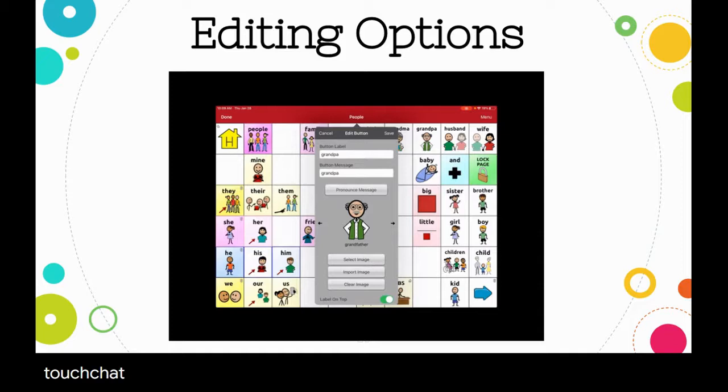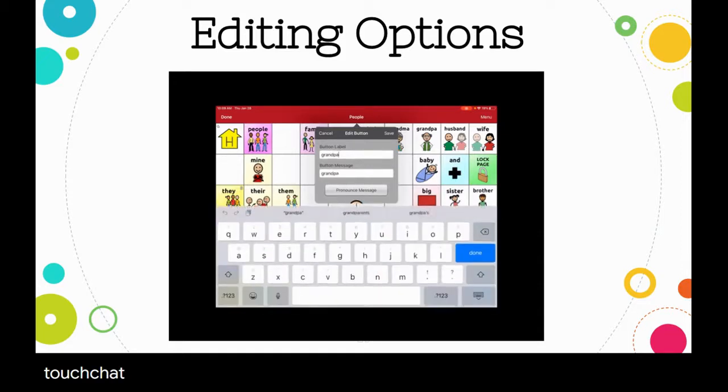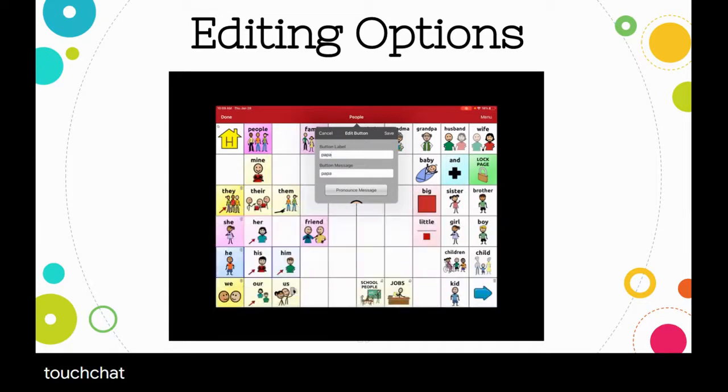So I'm going to go ahead and just delete the Grandpa label, and I'm going to type Papa. You'll see it populates to both the button label and the button message. And then I can hit save, and my label will change. So there we've changed the button label and the button message to Papa, but I can also change the image if I want to. So I'll tap on the button again and hit Edit This button,